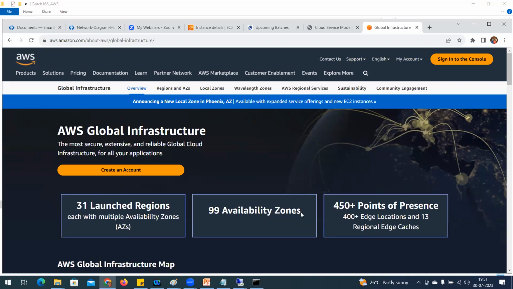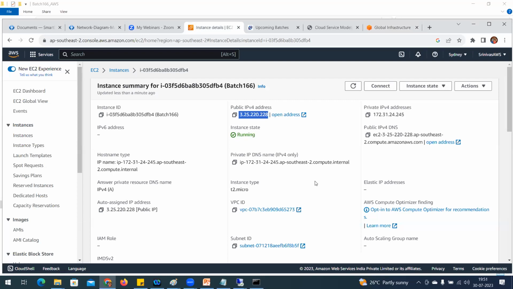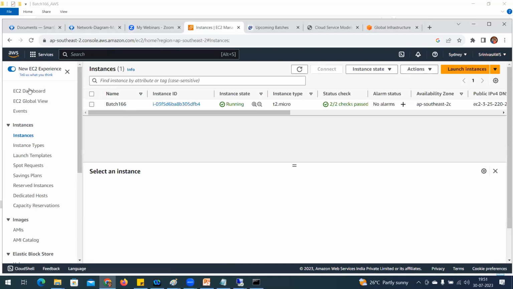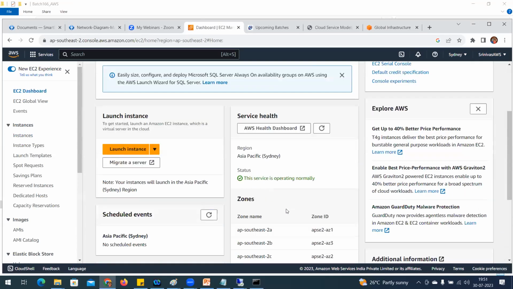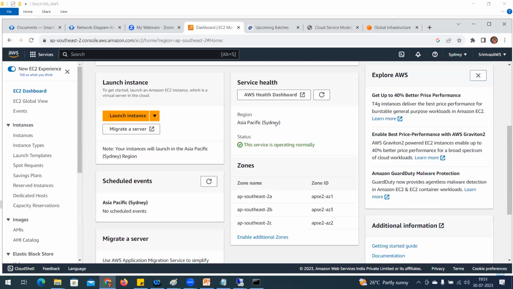Even if one thing is down, the other is going to come into the picture, and make sure whatever instance you create is not going to get interrupted. That is available to see, where my instance is currently available. If I go to the EC2 dashboard, see here, what is my instance, where it is located, my region, it is Asia Pacific Sydney. My instance, whatever instance I created in the free-tier account, is located in my Asia Pacific region, Sydney.